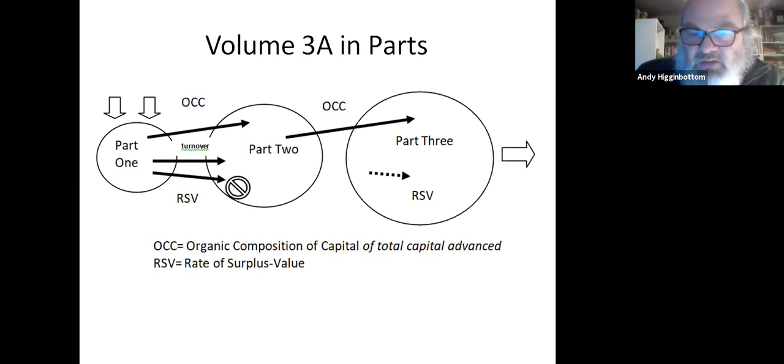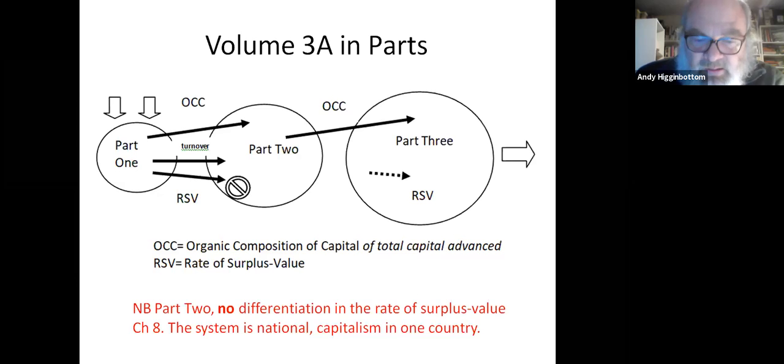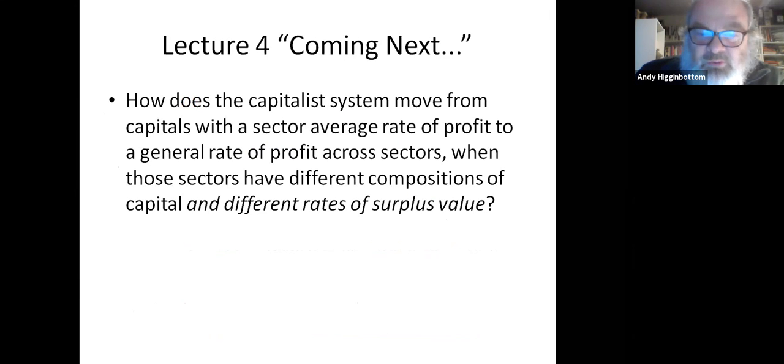So really the main driver for part 3 from Marx's exposition is that the increasing organic composition of capital will lead to a decline in the rate of profit. And the other methodological point I make, and I'll keep returning to this, is that it's without doubt very explicit in part 2 that Marx's unit of analysis is capitalism in one country. And these are the points that I ended the lecture last time on.